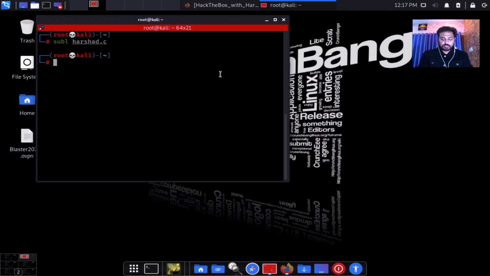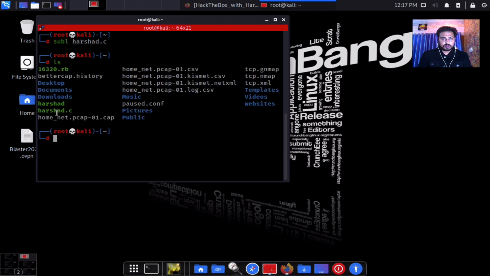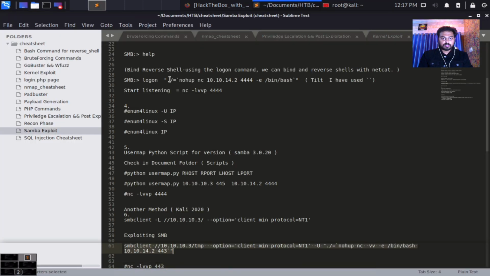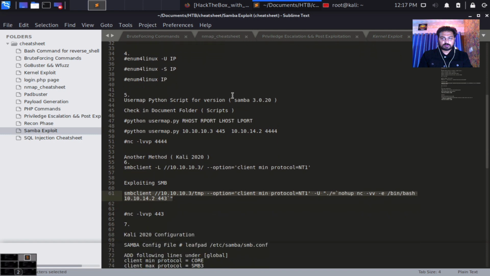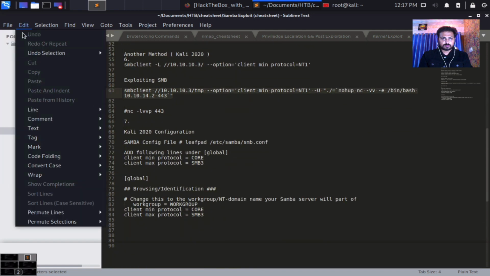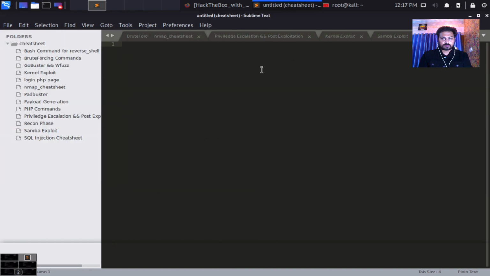So let me just type here harsha.c. Here I have a file, let me remove it first so we can start with a fresh one. So remove harsha.c. Okay, fine. Now I can simply create a program using Sublime, harsha.c. Right now you can see nothing is available. Let me just create a new file,